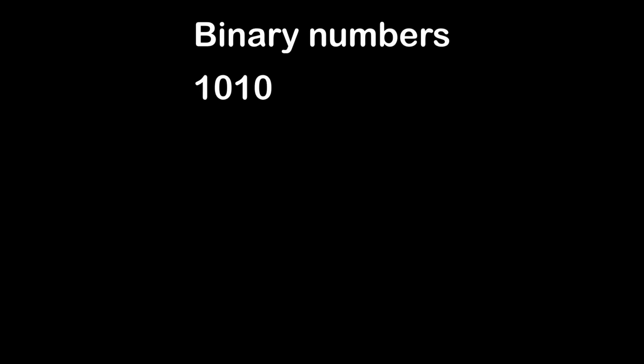Now, we'll talk a bit about binary numbers, also known as base 2 numbers. Those are numbers that only use 2 digits and work very similar to decimal numbers. For example, 365 has 5 ones, 6 tens, and 3 hundreds. Those ones, tens, and so on are called place values. The binary number 1010 has 0 ones, 1 twos, 0 fours, and 1 eights. As you can see, we go with powers of 2 instead of 10.